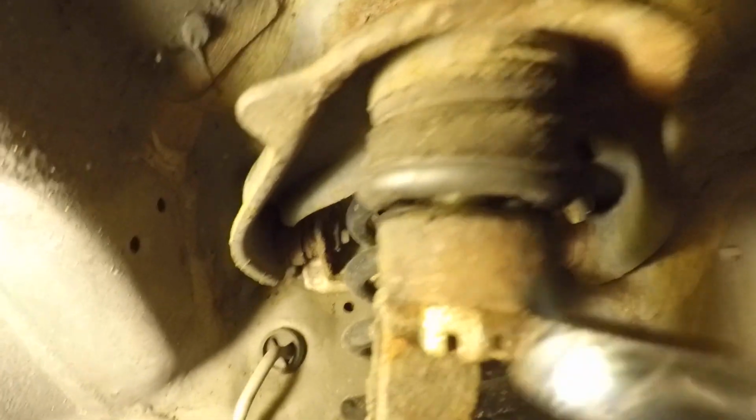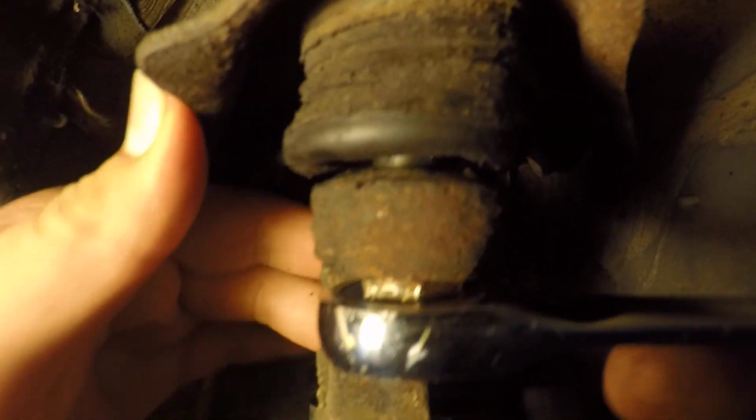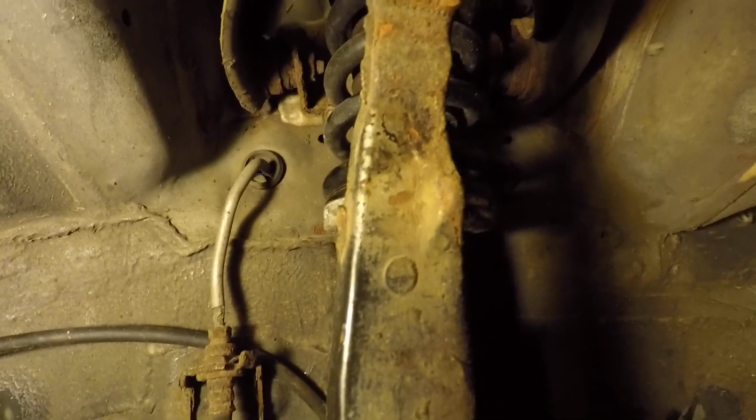but the nut is not coming off because the thread is spinning with it. I don't know if they can see when I lift up that bushing. Yeah, it's like spinning. The whole thread, the whole stud is spinning, so it's not coming off. So we're gonna have to get a vice grip, hold the actual nut right here, the bolt, and hope it